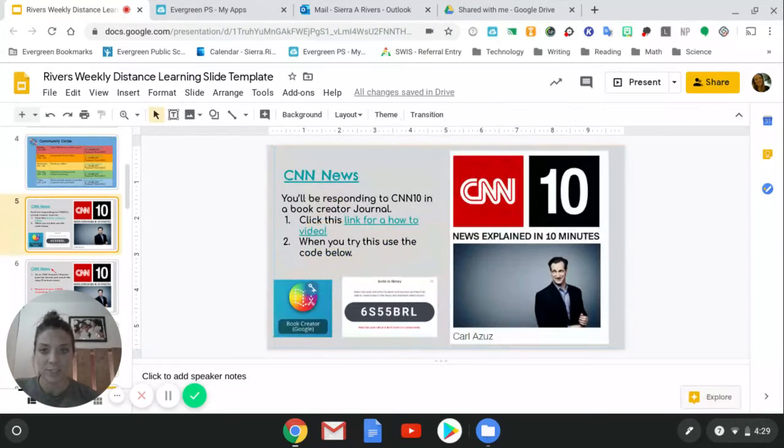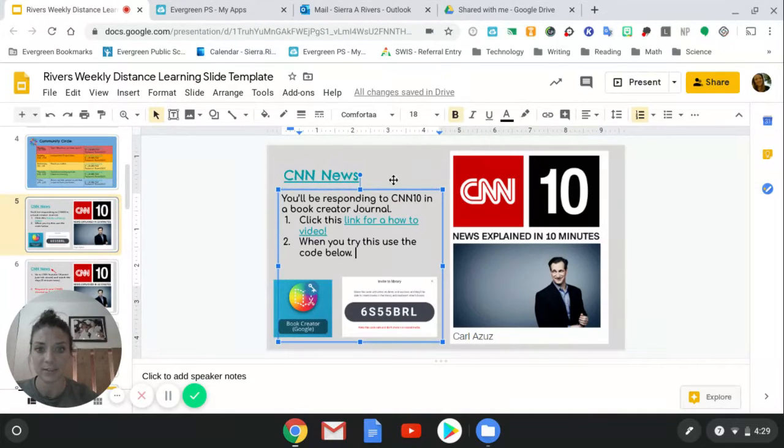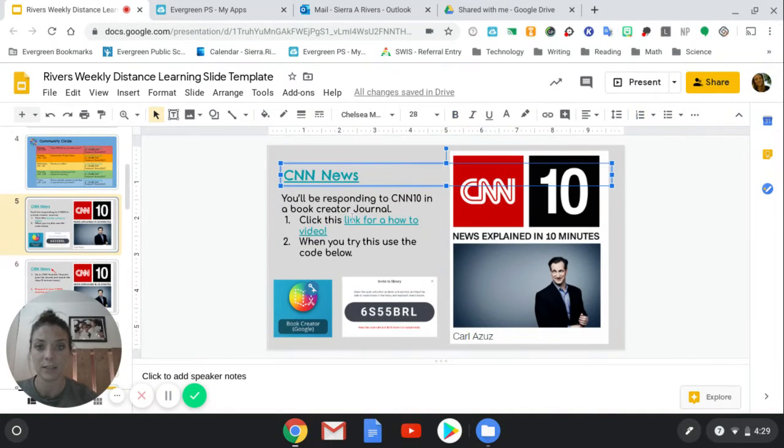All of the information that's coming up can be done in any order that the student wishes. CNN 10 is something that we did as a class every day, and we've changed the times a day that we've used it. But this time I made a journal on Book Creator for students to respond to, because I know that we had a journal at school and now we don't have that anymore. So students can access that link right here